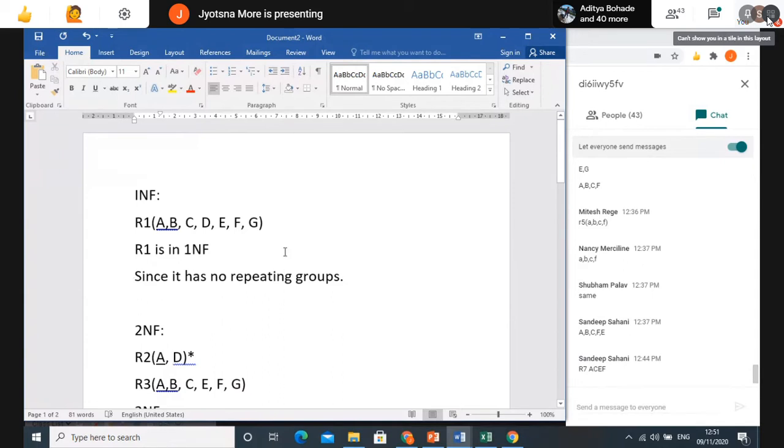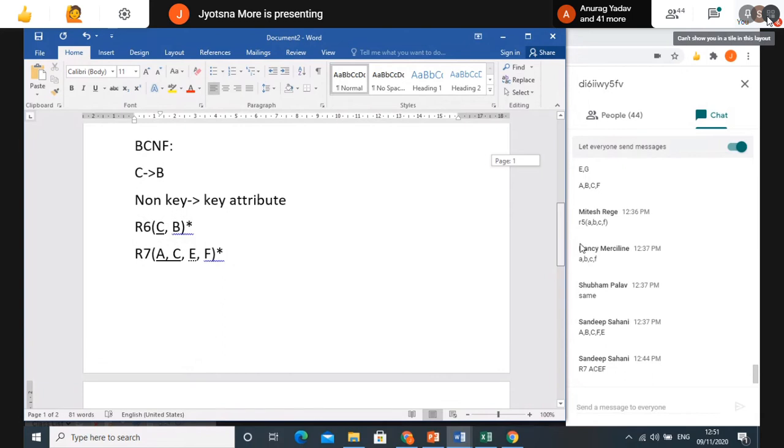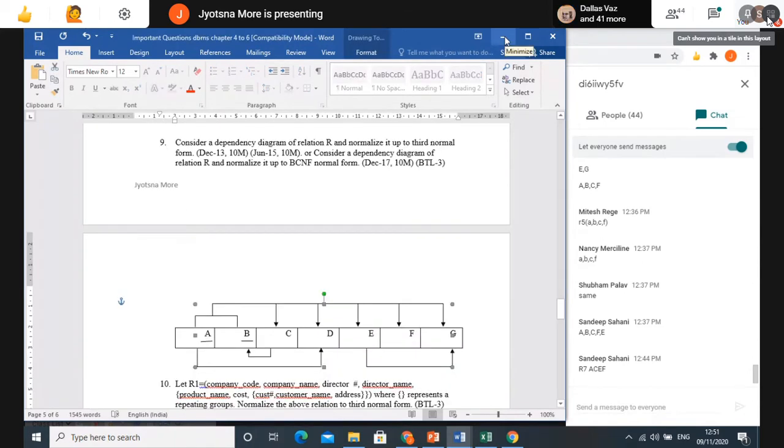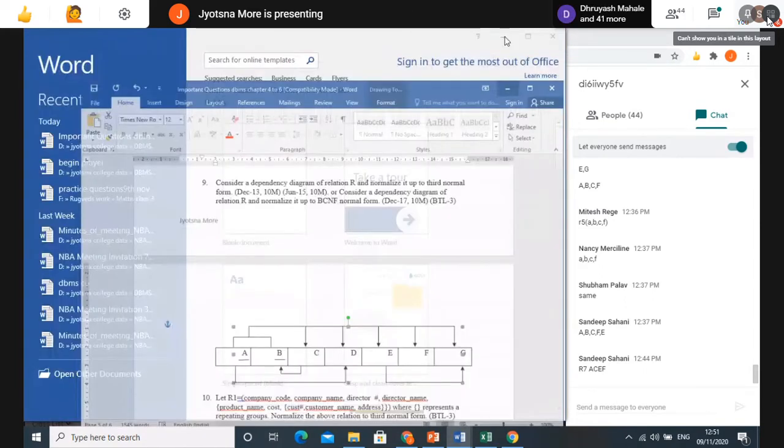Already when we are writing, we are also explaining when 1NF, when 2NF, why it is not in 2NF, why it is not in 3NF. All things we are writing, that you can just elaborate with the example. So here your theory as well as your sum answer is ready. Okay. So any doubt in this normalization part? Now you can do one thing. You can try this normalization for any case study or any other diagrams you can take for practice, and you can solve those.